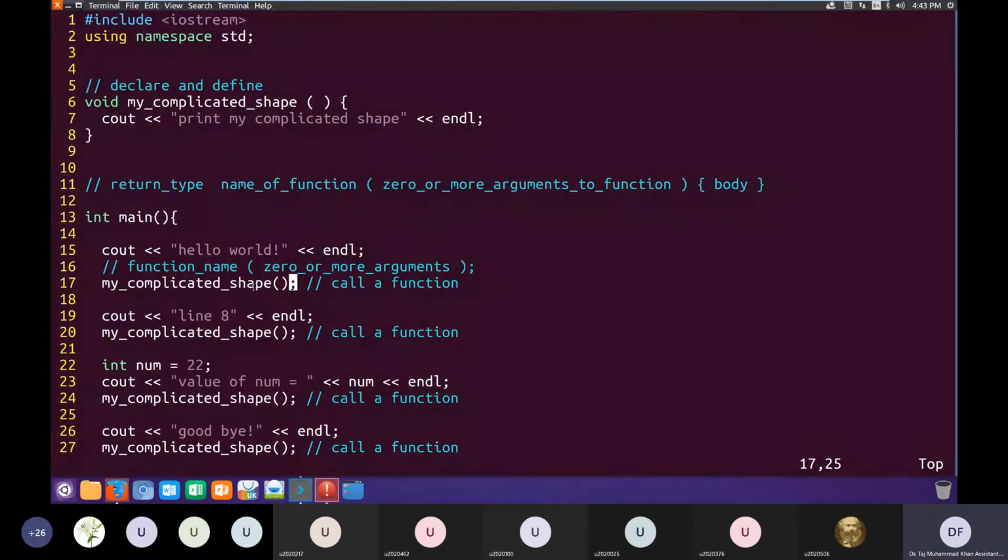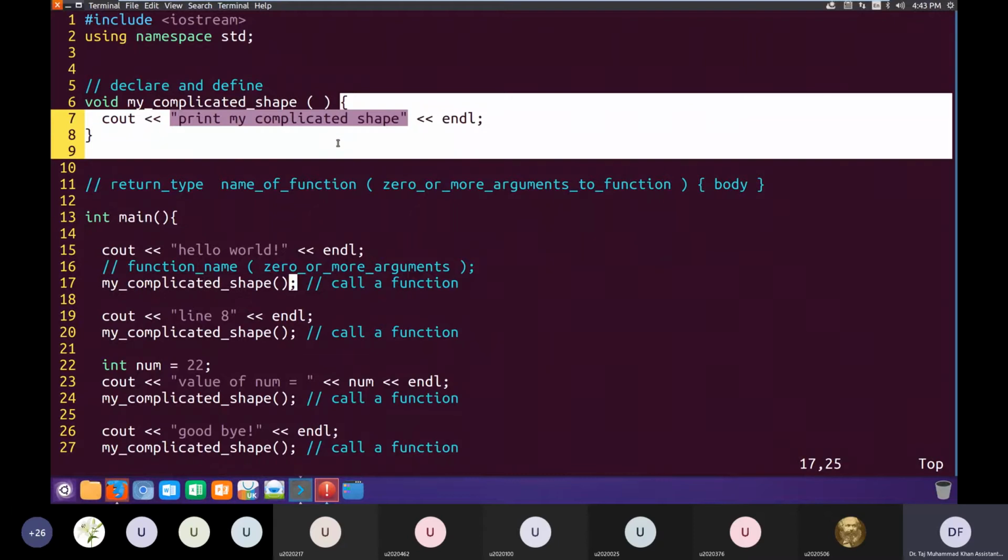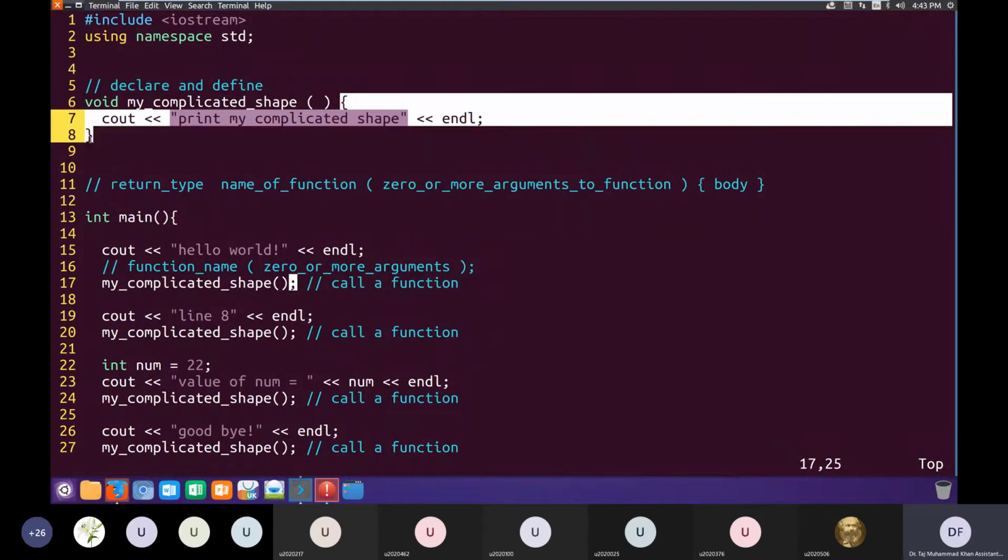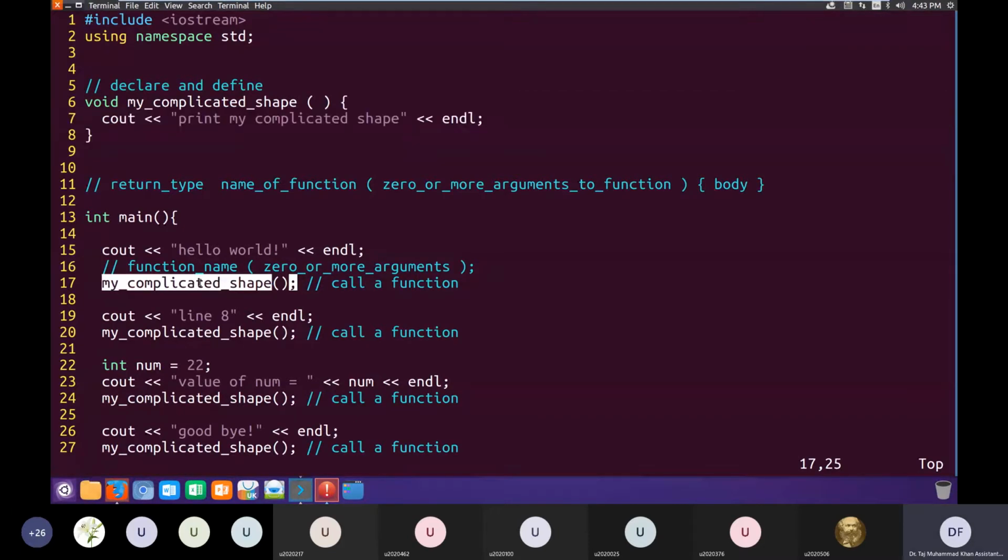What calling a function does is that at this particular point in the program, it will execute the code for this function, the code in the body of this function. It will execute whatever is between the curly brackets of this function. So here we have only this one line with cout, so it will execute the code for this function, which is basically this cout statement.